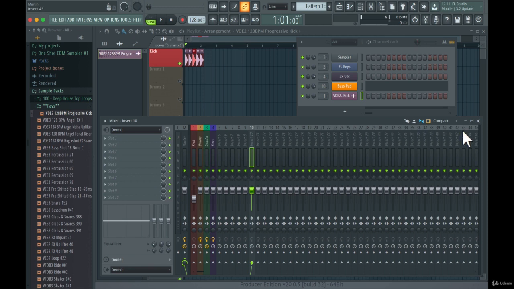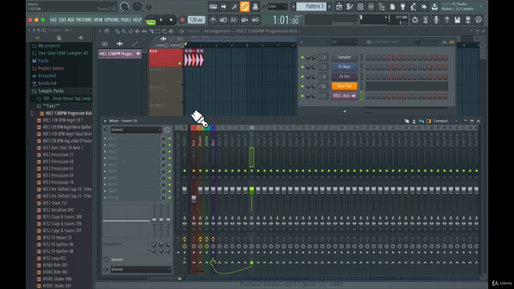10 until how much I want for every single sound that I'm using. And then I'm bussing everything out depending on what kind of instrument it is. So let's say that this is a bass pad. I'm assigning the bass pad here to number 10, and then I'm assigning the number 10 channel to the bass, and then deleting it from the master here. So now we have the bass pad going into its own mixer channel, and then it's going to the bass bus, and from the bass bus it's going out to the master.